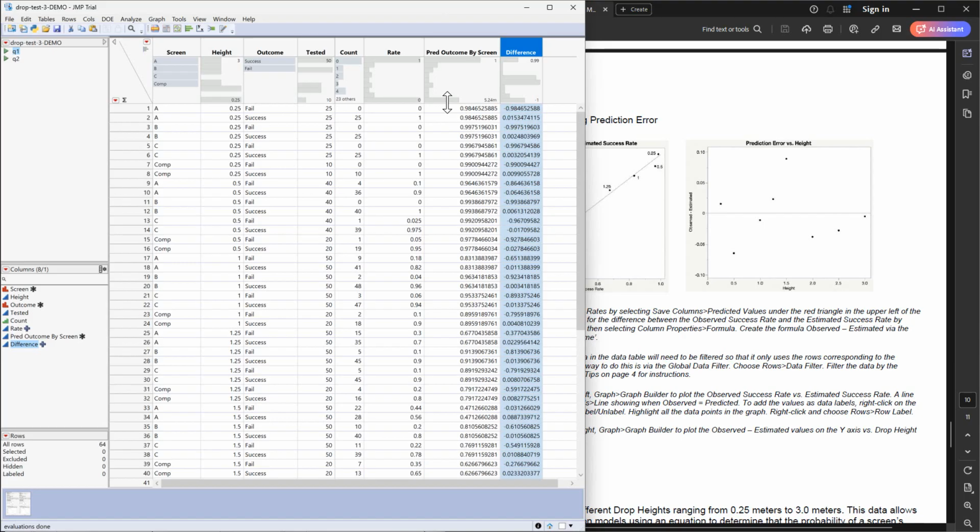So in this first example with screen A at the 0.25 meter drop height, the observed is 100%, or 1. The predicted by the model is 98.465%. So the difference between those two is what our prediction error is here. Another common term for that would be the residual. So the difference between the predicted outcome and the actual outcome in this case is,